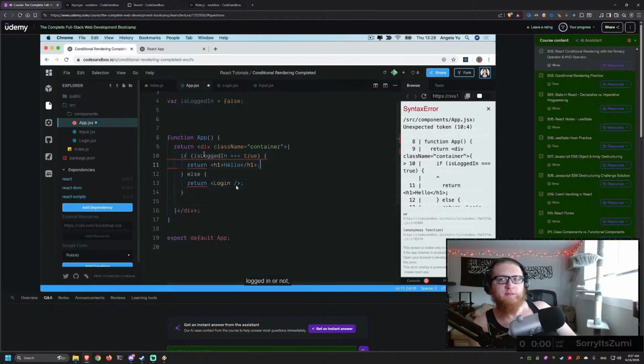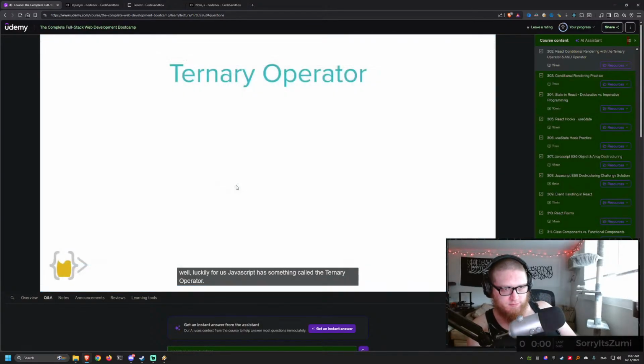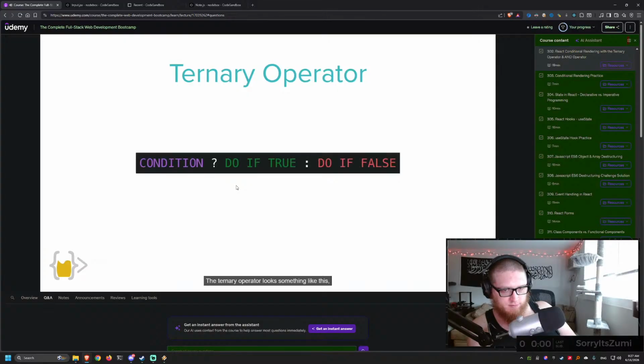Checking if our user is logged in or not. Well, luckily for us, JavaScript has something called the ternary operator. The ternary operator looks something like this. It's got a condition which we define, such as is sky equal to blue, or in our case, is that variable isLoggedIn equal to true. And then we have a question mark. And after the question mark, we say, well, do this if it's true, such as render the h1. And then after a colon, we get to specify what it should do if the condition was false, such as